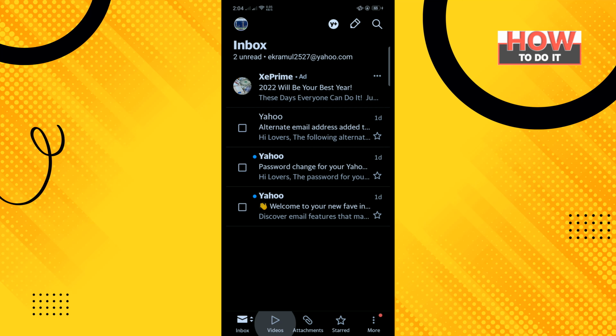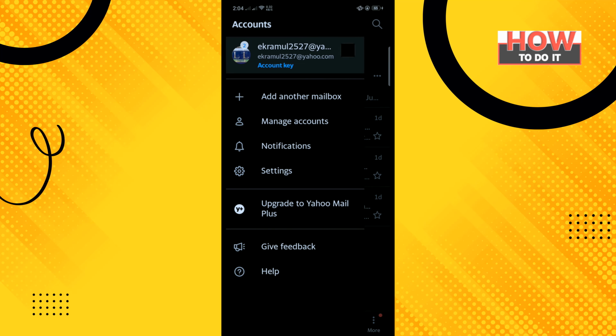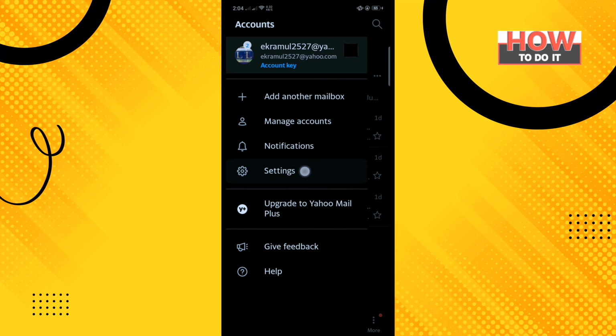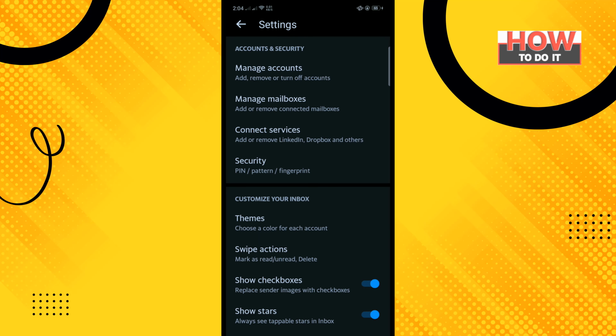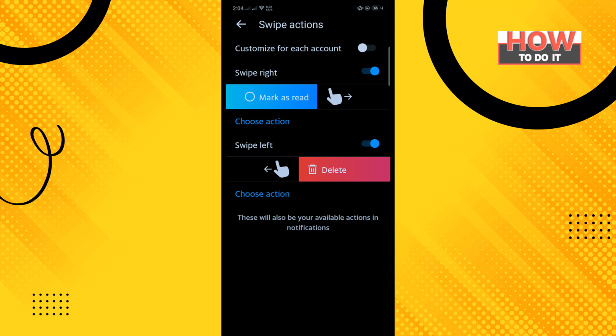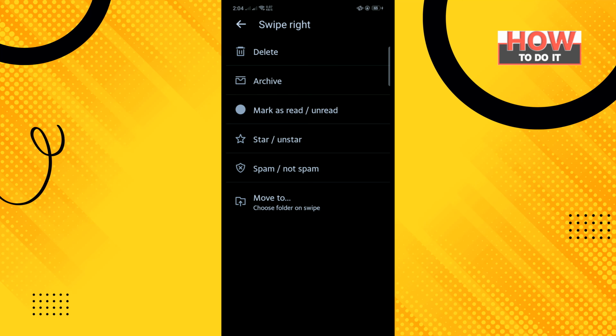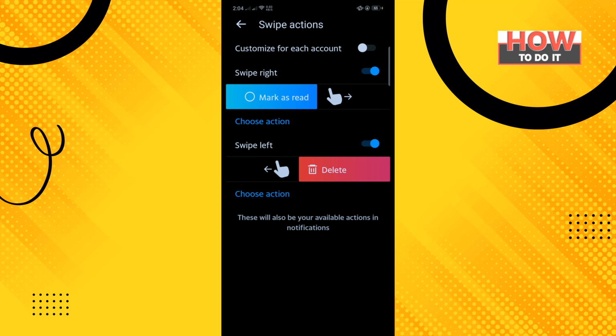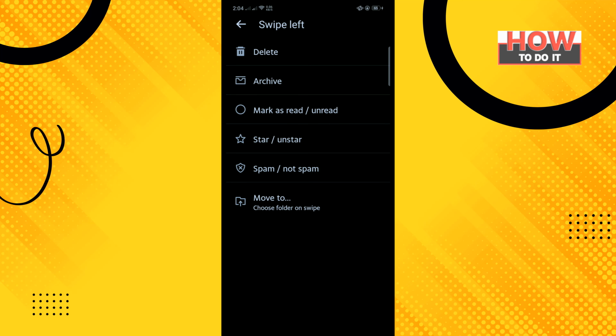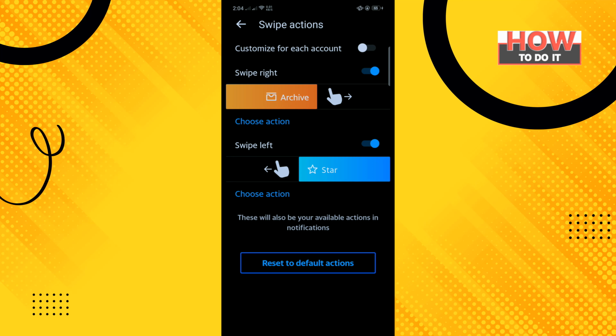So open your Yahoo Mail app and tap on your profile icon to the top left corner. And tap on settings, and tap on swipe actions, and to customize right swipe, tap on choose action and you can select any of them. So I'm going to select here archive, and to customize left swipe, tap on this last option and select any of them,